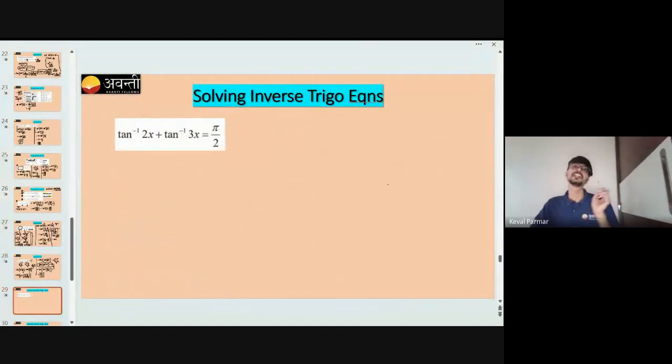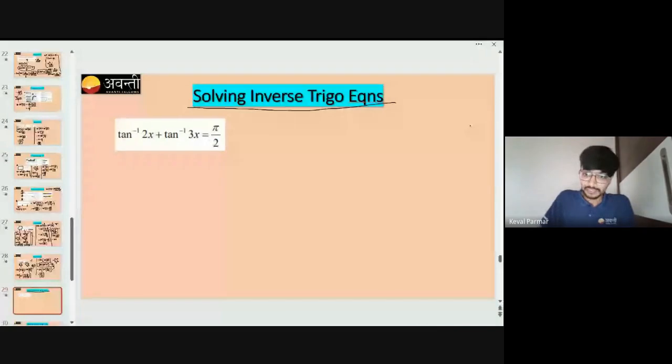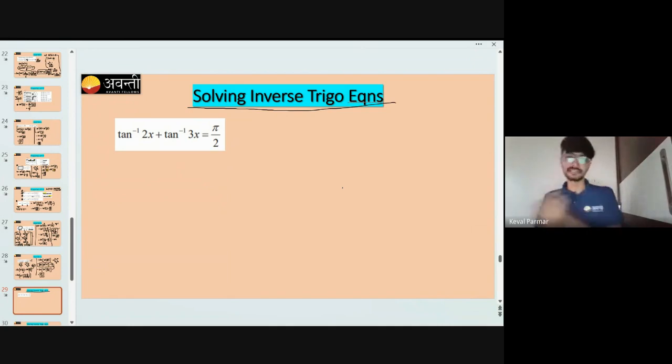The next one is solving inverse trigonometric equations. Please see the heading. To solve any equation, the equation will have inverse trigonometric functions, that is, it can have sine inverse, cos inverse, tan inverse, cosecant, secant, cot. So basically, what do we need? We need to use the properties to get the value. Now, the first sum I have taken very simple for you all, because it is directly